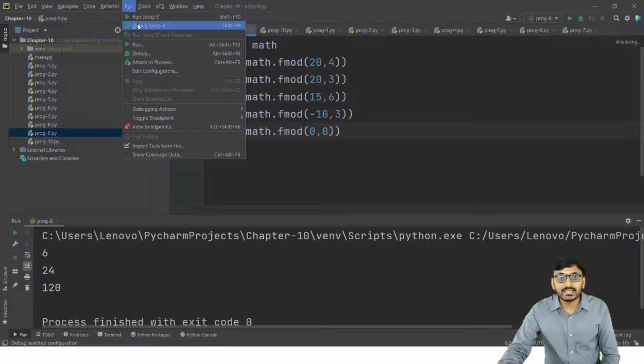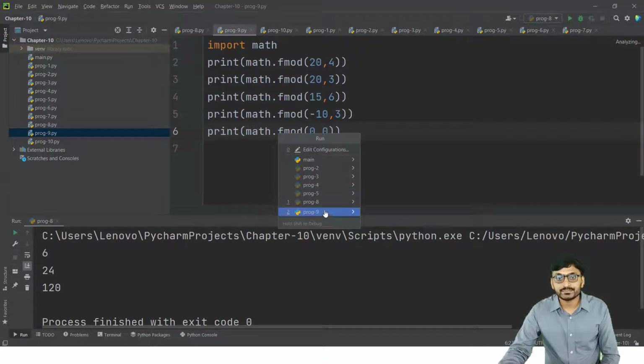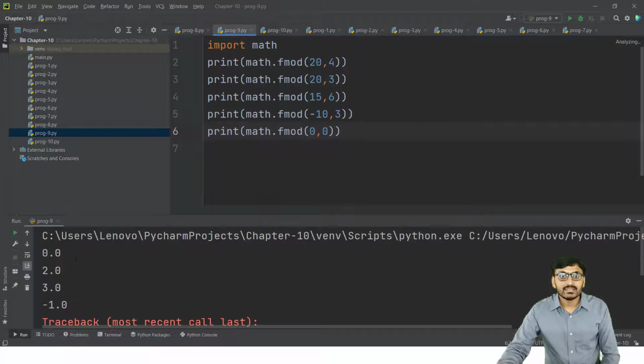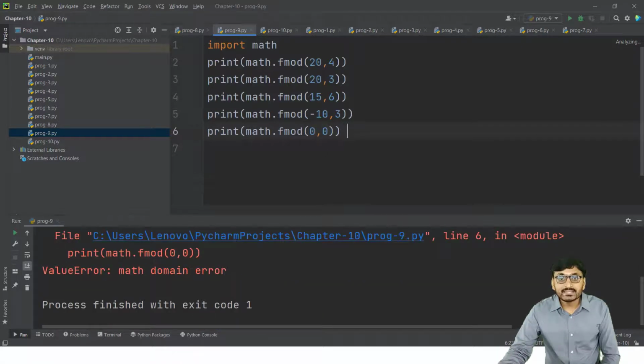If we run this program, the output is 0.0 for the first, 2.0 for the second, 3.0 for the third, and -1.0 for the fourth. For the last one, x is 0 and y is also 0, so we get a value error, a math domain error, because y is 0.